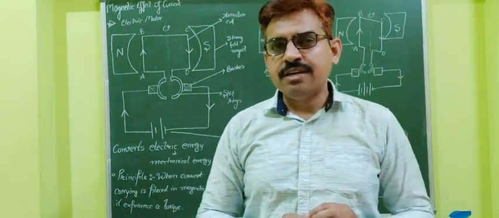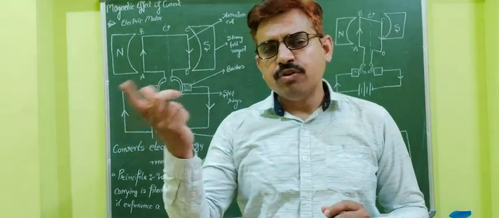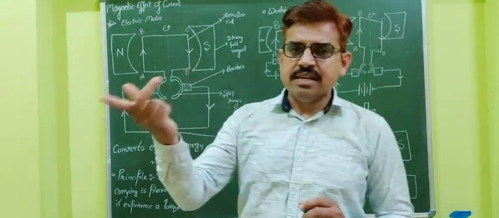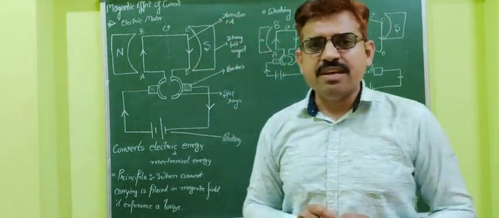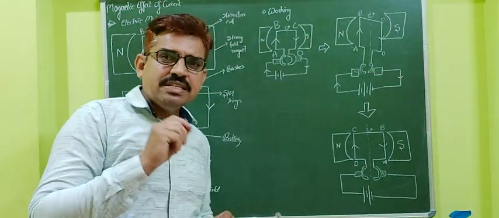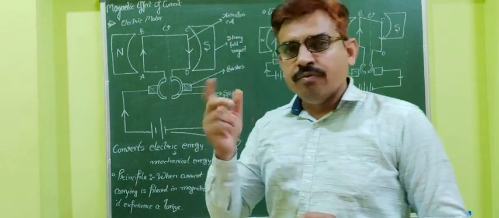So let me share that two equal forces are there. Why equal forces? Because current and magnetic field are equal on each branch, so the force will also be the same. So two equal forces are there, and one force is inward and the other force is outward, then definitely the body will rotate. Why and how?